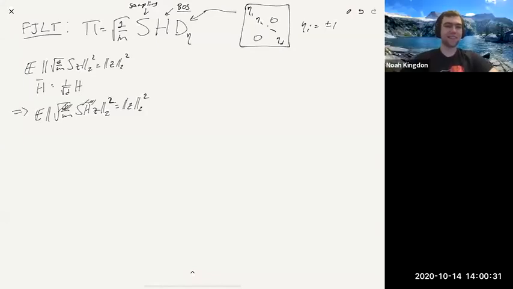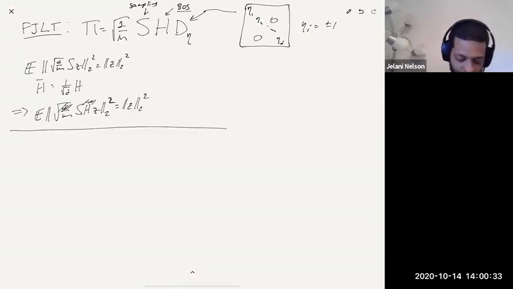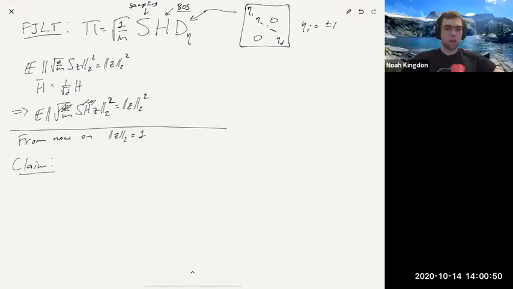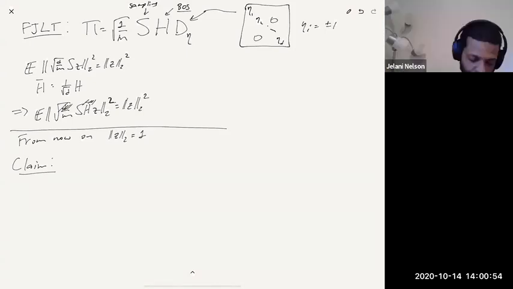Okay, so let's analyze this thing. From now on, z has norm 1, because if it works for unit norm vectors, it works for every vector. So claim, the probability, I think, so first let's do a reminder. Reminder, there's something called